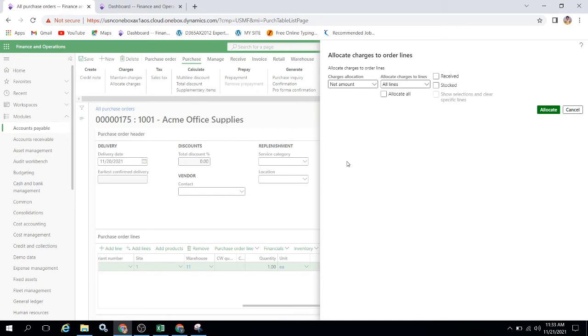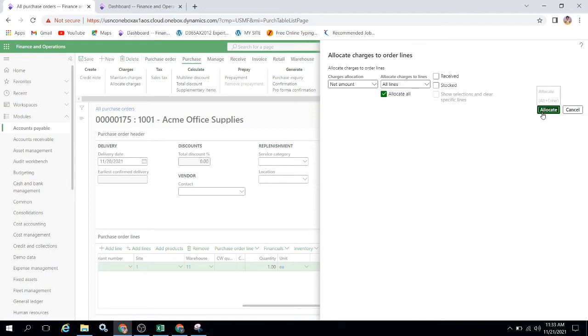And if you want to allocate the charges only for what is received, once the purchase order is confirmed, based on how much quantity you received, your charges will be calculated. And if you enable stocked, charges will be applicable only for the stocked items. So I am going with the simple thing: net amount, all lines, and allocate all.